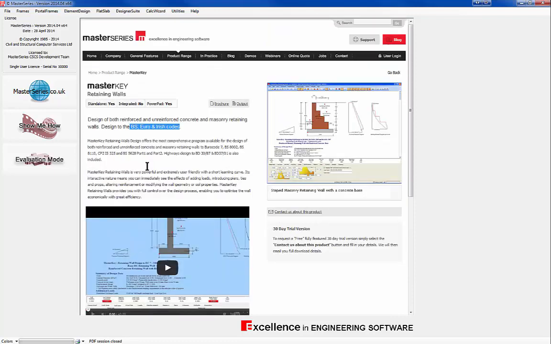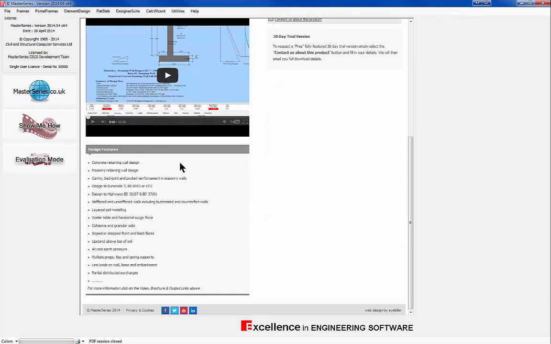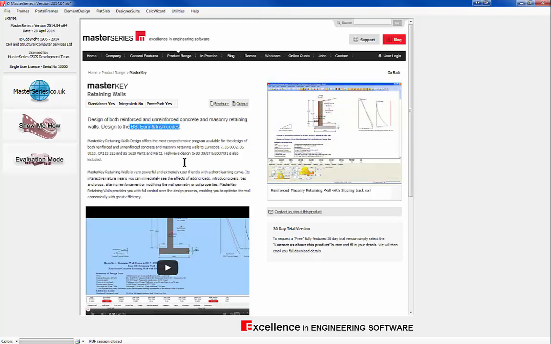What I will stress now at this point in time is it's gravity retaining walls. We're not doing sheet piling, retaining walls and stuff like that. We are doing gravity retaining walls. So let's go and have a look